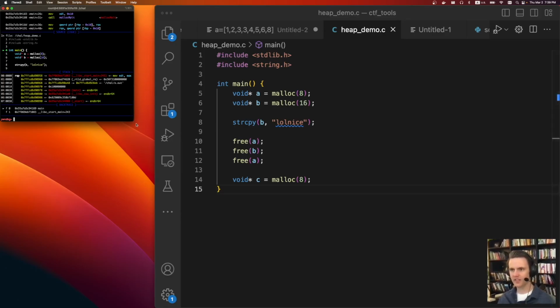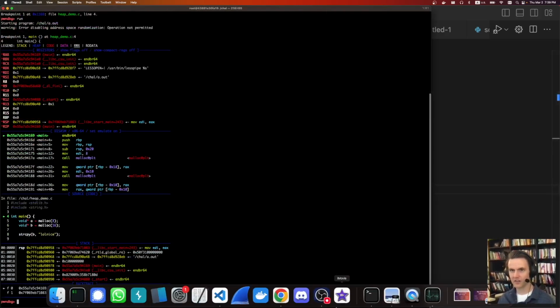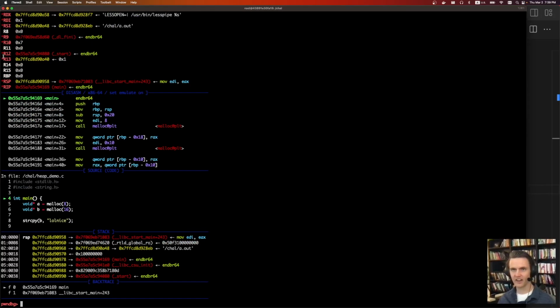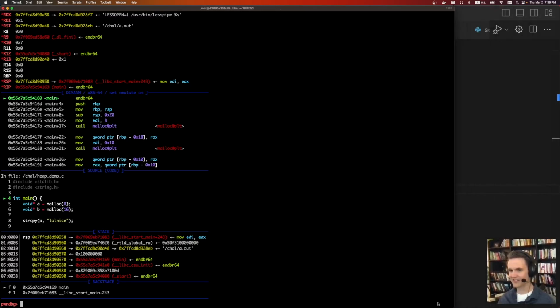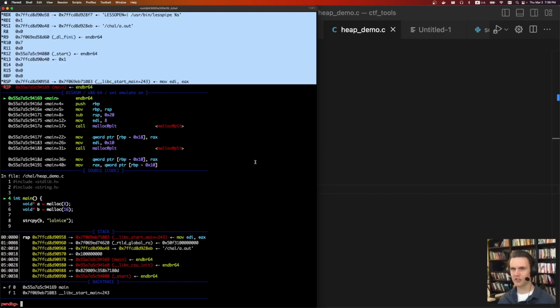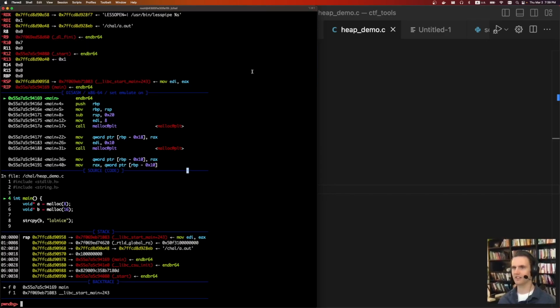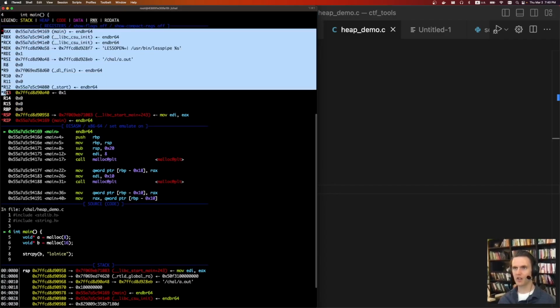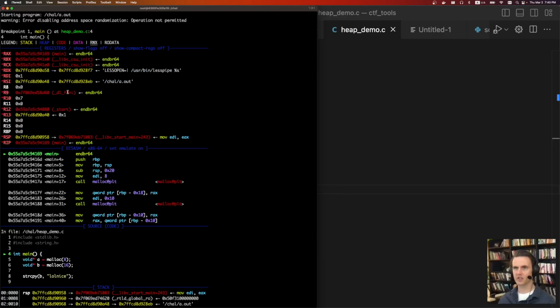Okay, well, let me see how big we can get this without it looking too ugly. Okay, I cut off some of the registers on the top, but trying to make it as big as possible. Anyways, this is the pwndbg interface. If you're new to this, it looks like a lot, but really it's not too bad, and it's amazing. So this is all the registers on the top, and everything's color-coded, which isn't too important, but as you get used to it, it's just very nice in comparison to normal GDB. So we can see what's a stack variable, what's a heap variable, and what's in the code